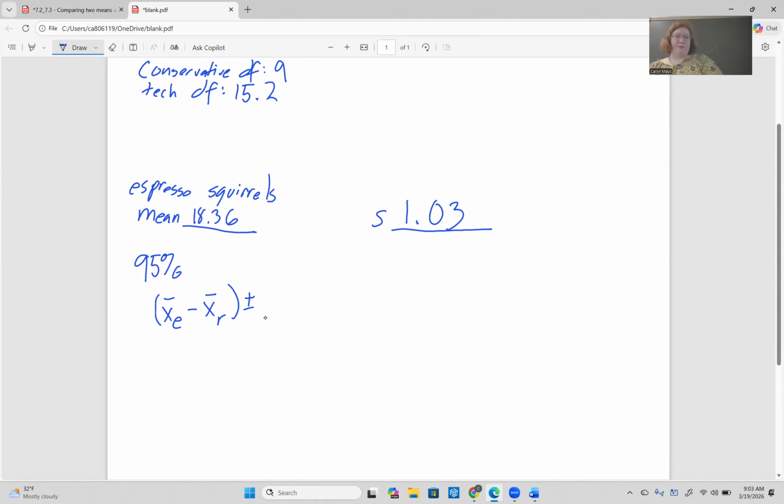Plus or minus t star times the big square root of s_E squared over n_E plus s_R squared over n_R. And filling those in,